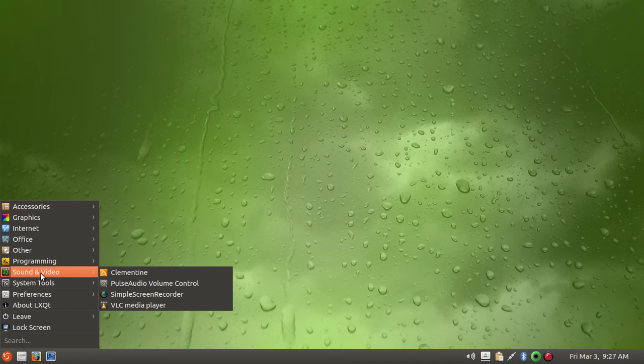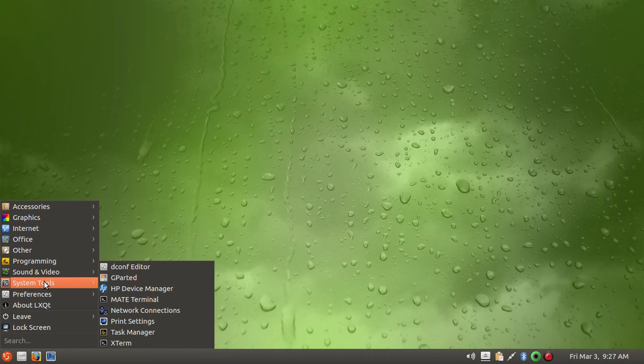Under Sound and Video, you have Clementine, the music player, Pulse Audio Volume Control. Now, I added Simple Screen Recorder, but it came with the VLC Media Player already installed. Under System Tools, you have the dconf Configuration Editor. You have GParted, which is a GTK application many of us are familiar with for partitioning disks. You have the HP Device Manager already installed. You have the Mate terminal. You have network connections, print settings, the Task Manager,